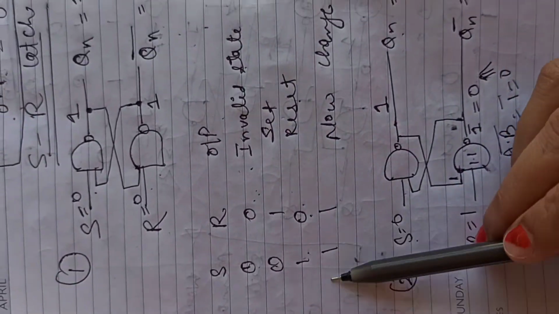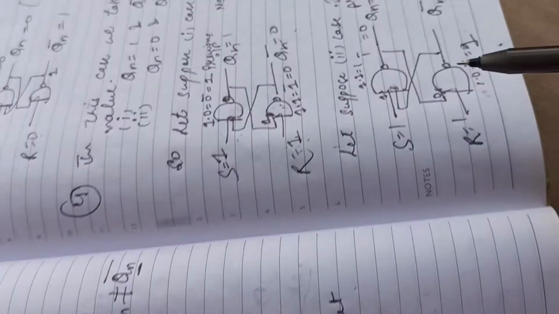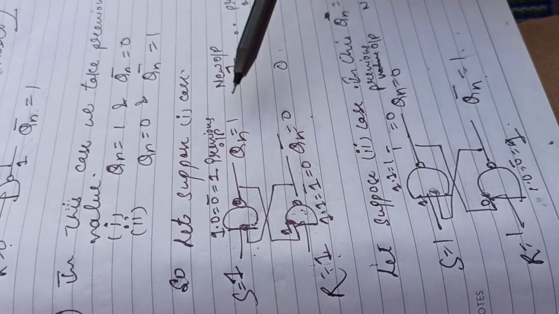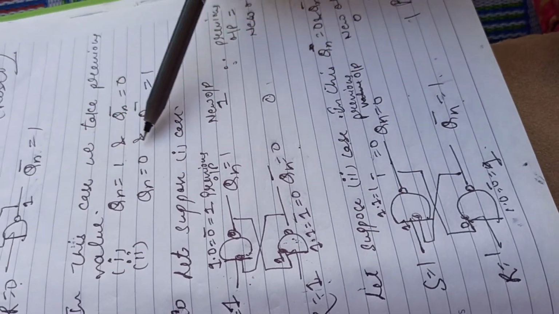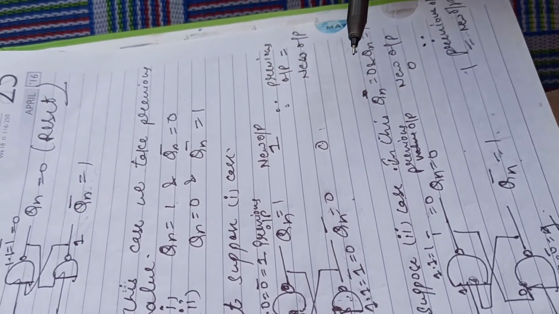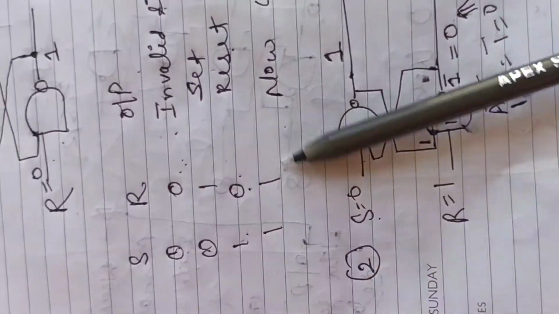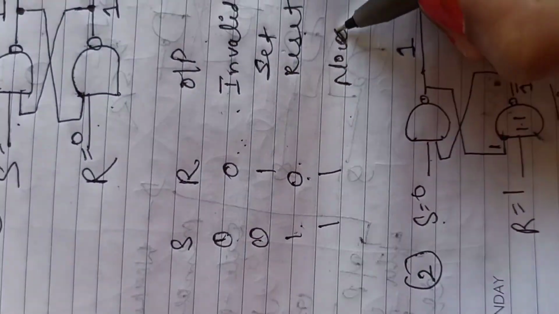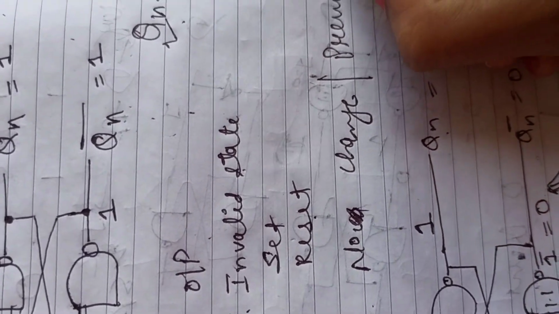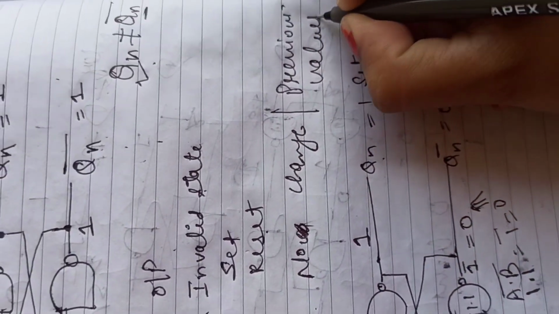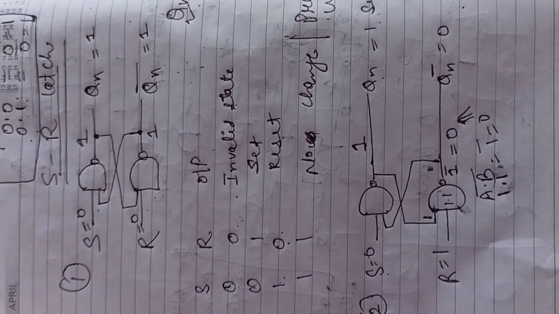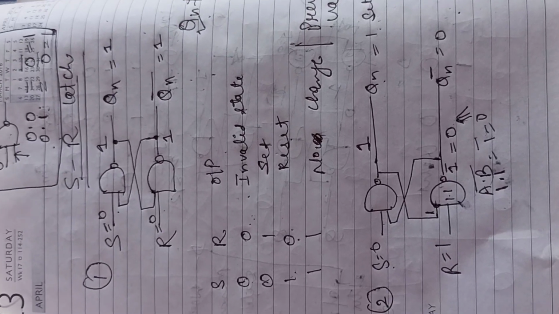So in this condition 1 1, this one is the fourth condition, where we see practically when we took fourth condition with these two conditions, by using these two memory values, then the output will not change. It will be same as the previous values. So in 1 1 condition there is no change in output, or we can say that previous values. So this is the complete SR latch. By using this latch you can solve all flip-flops.